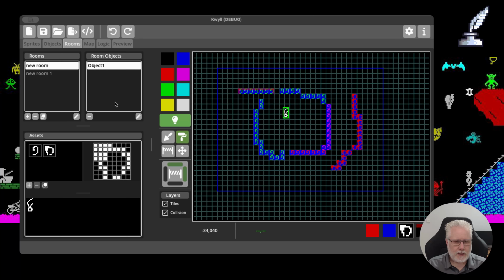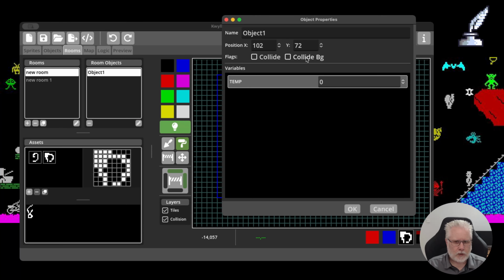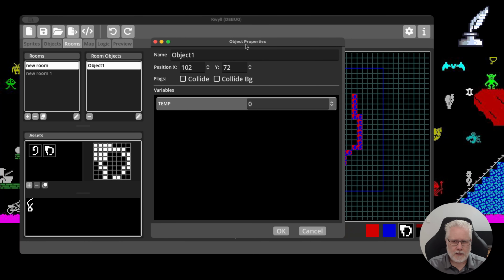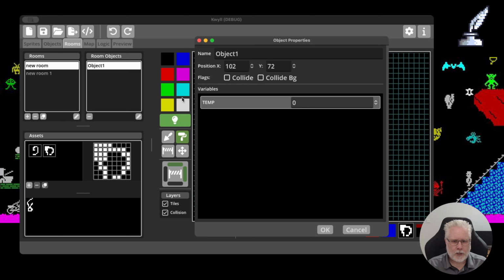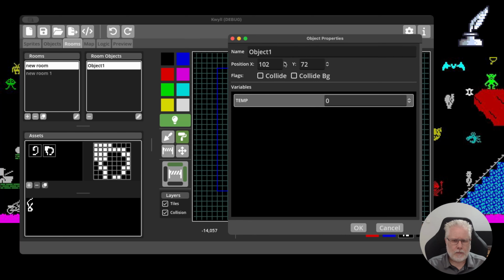you can select the object, you can move it around on here, but also you've got a bunch of properties that are associated with this object reference. If you remember, I mentioned references. Object references are references to a particular object type, and they have some data per reference, and what they have is a name, but they have also a position,